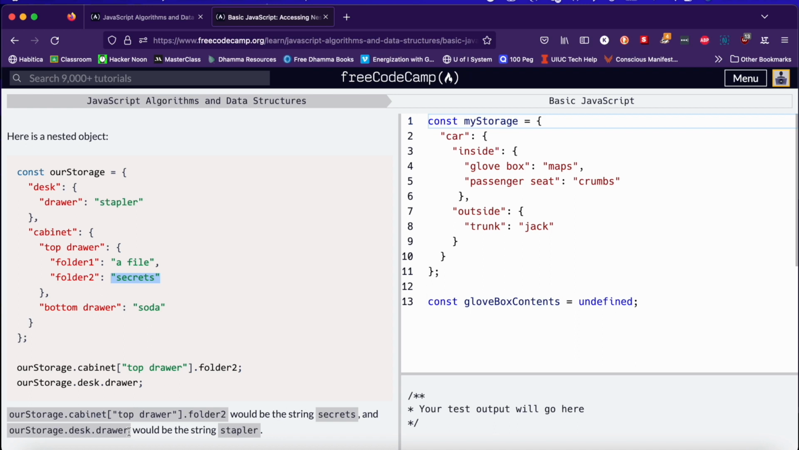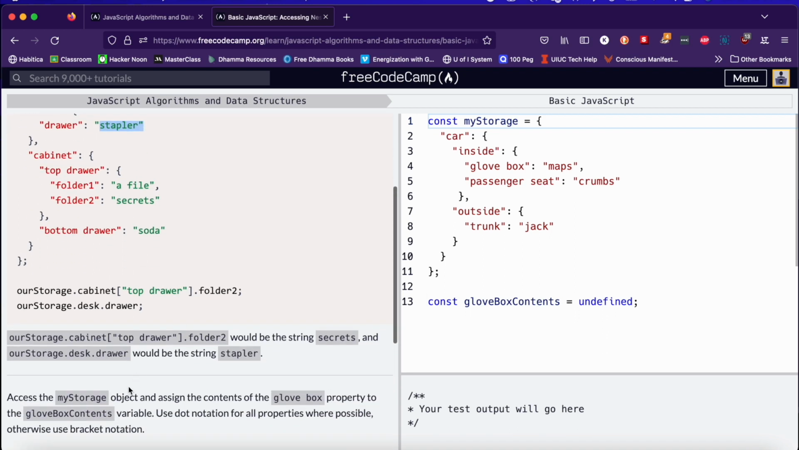So yeah, and we do that again with ourStorage.desk.drawer. Go to ourStorage. Okay, here's the object, ourStorage. We go to desk, and then we go to drawer, and then it would give us the value stapler. Now it says access the myStorage object and assign the contents of the glove box property